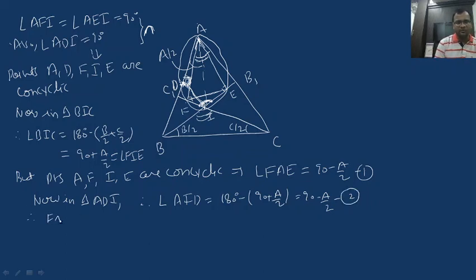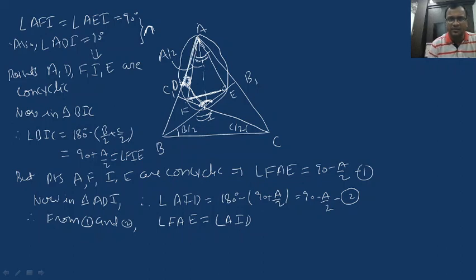Therefore from 1 and 2 we can write angle FAE equal to angle AID. Now look at this circle. For this circle, EF and AD are the chords, and these two chords subtend equal angle at point A and I. Therefore, we can say that the chords